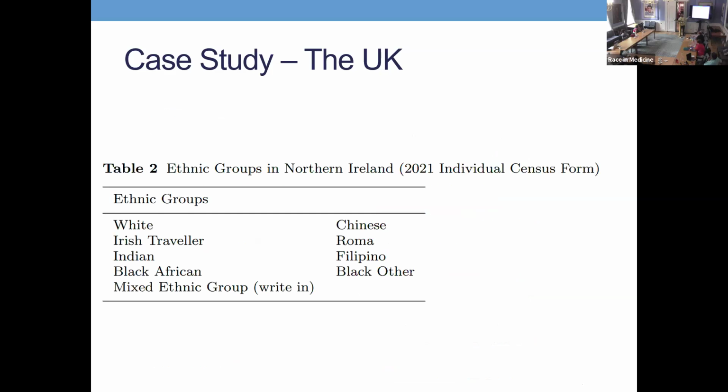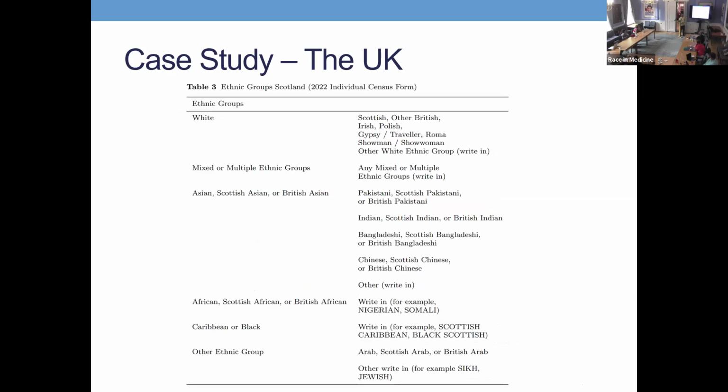Here is the list of ethnic groups given if you happen to reside in Northern Ireland, slightly less. Here's the one for Scotland. Okay, quite a bit. Here's one thing I think that's really important about this. So we've got three different contexts where census instruments deploy schema that are different from each other, which are all, depending on if you're a royalist or Republican, part of the same country.